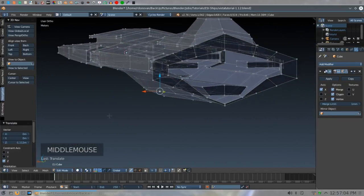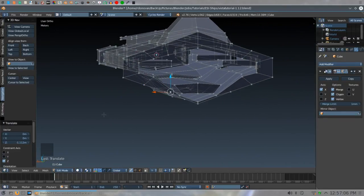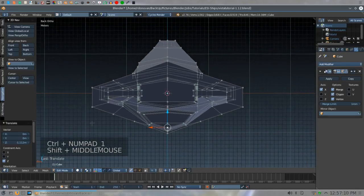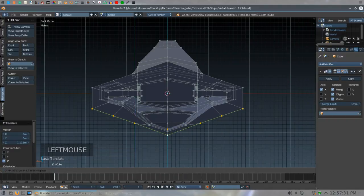Now let's finish up the engines. And let's go to Control Numpad 1, move this down, and let's see how many grid units. 1, 2, 3, 4, 5. This needs to be just a little bit wider. We will go ahead then and grab these vertices here and just pull this about a half a grid unit farther down